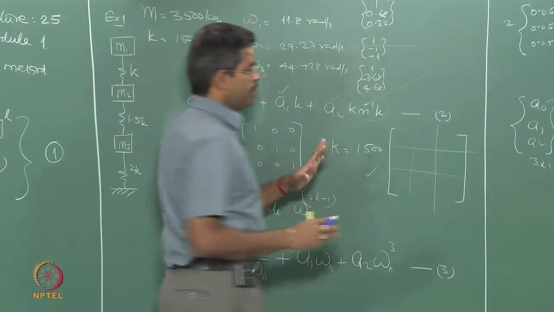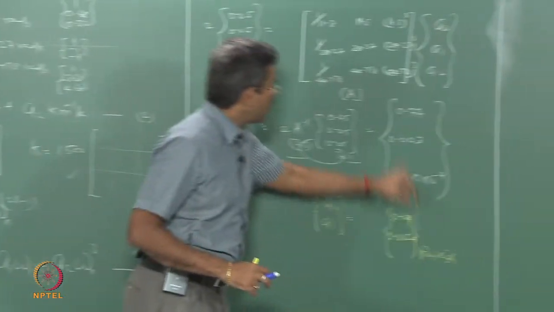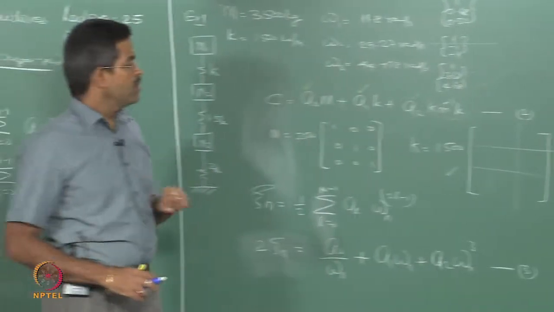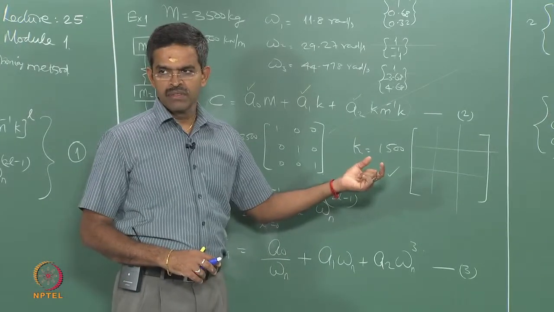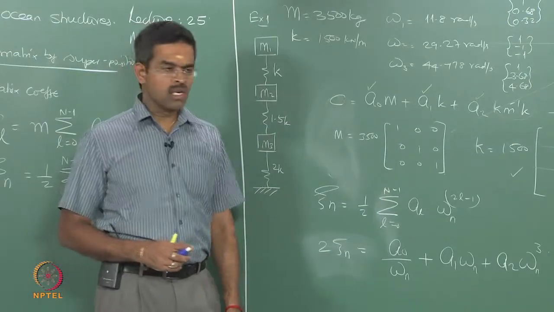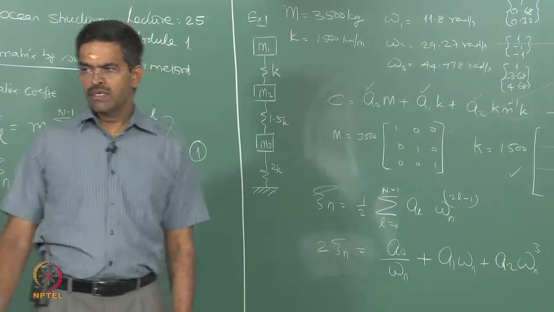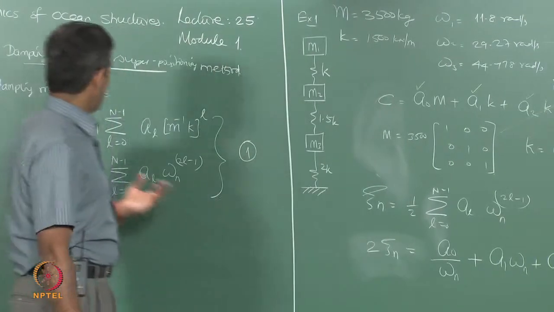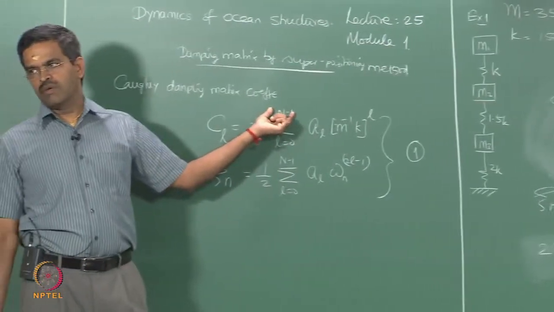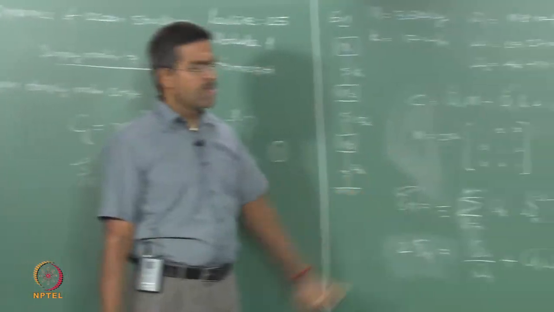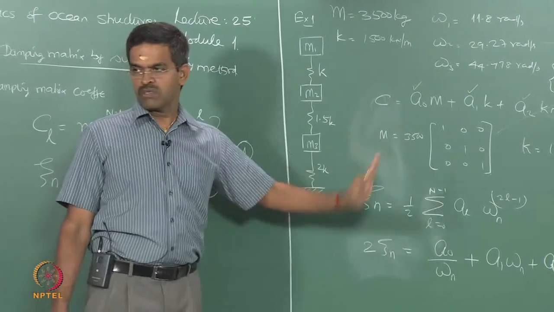One, Caughey damping, though it is extending for higher modes, effectively Rayleigh would represent more or less the same contribution as that of Caughey. Secondly, only the first few modes are important in a given MDF system, the remaining modes do not actually contribute. So, modal truncation is a very important method by which we can ignore the modal participation of higher modes. We need not go for n minus 1 modes at all, it is not required. So, Caughey was intrinsically working at a higher end contribution of different modes, whereas Rayleigh truncated to the initial modes, and it was fine.